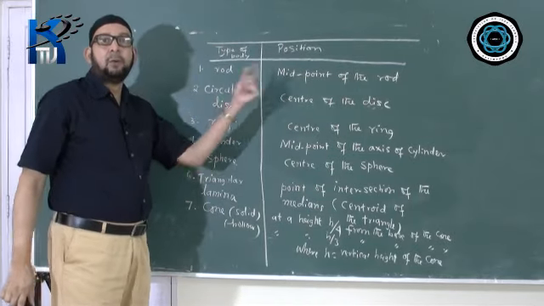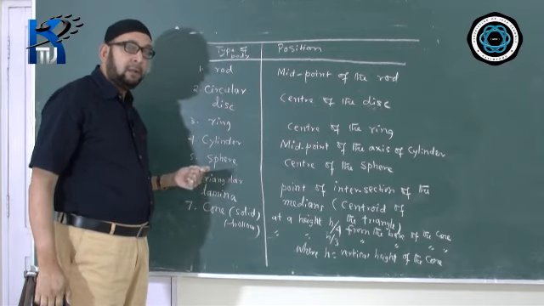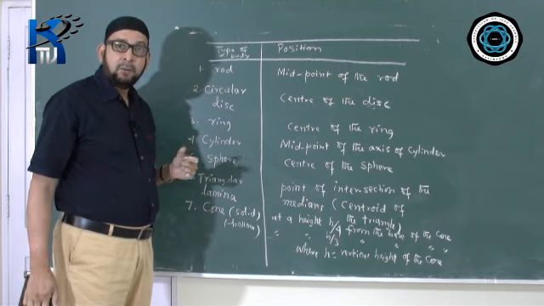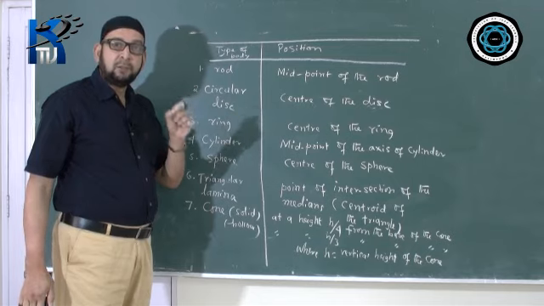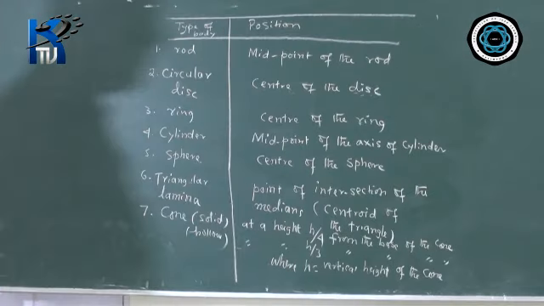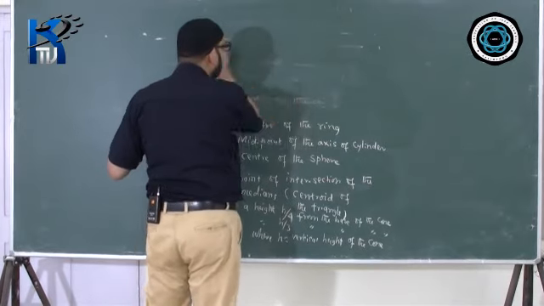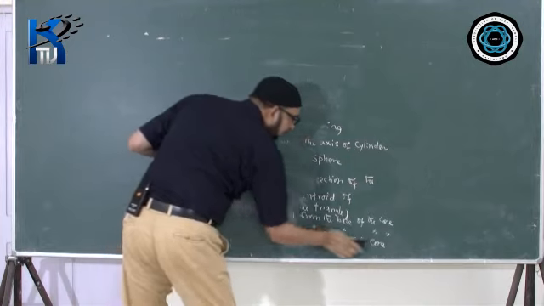The center of that body. Some students write that the center of the triangle, the center of the cone. That will become wrong. So you have to specifically mention certain points where we find the position of CG, where the CG is situated. They may even ask you to draw a diagram and show the position of CG in some particular type of bodies.